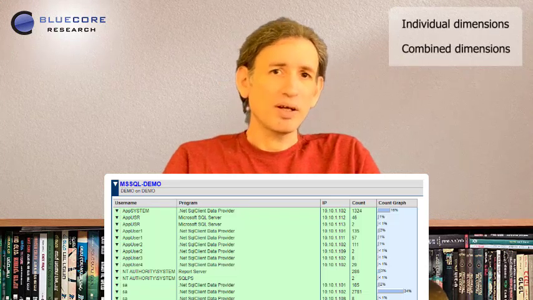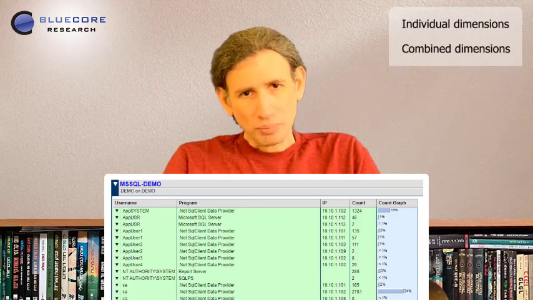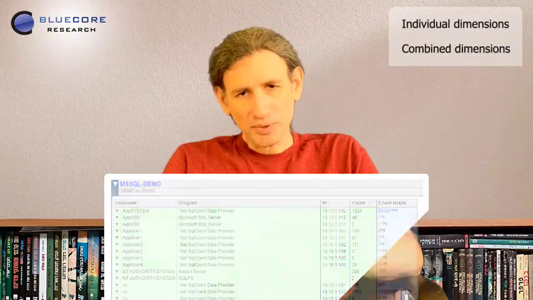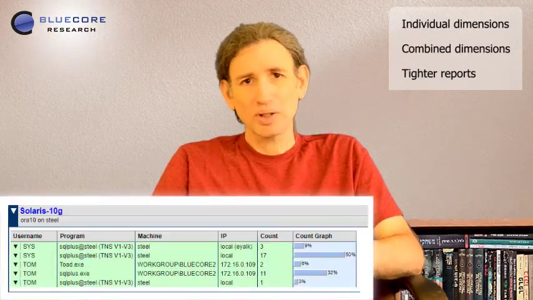So we will know which user, all the programs connected from, all the IPs are connected from, and so on. That's a longer report and a tighter control. Since it's a longer report, we might want to apply it only to a subset of the activity. So only to DBA activity, or only to applications, and so on.